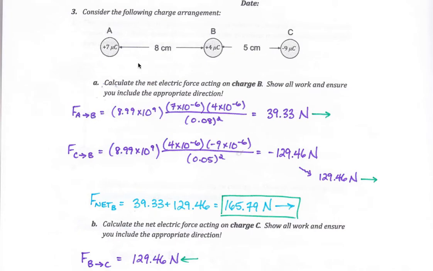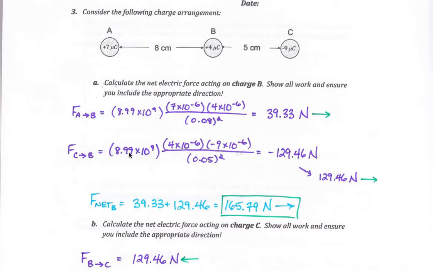So K, Q for A, Q for B. The distance between them in meters squared spits out 39.33 newtons. It is a positive force, meaning repulsive. So if A is repelling B, it will push B to the right, which is where this rightward directed arrow came from. I will then ignore A and say, well, if C and B are affecting one another,